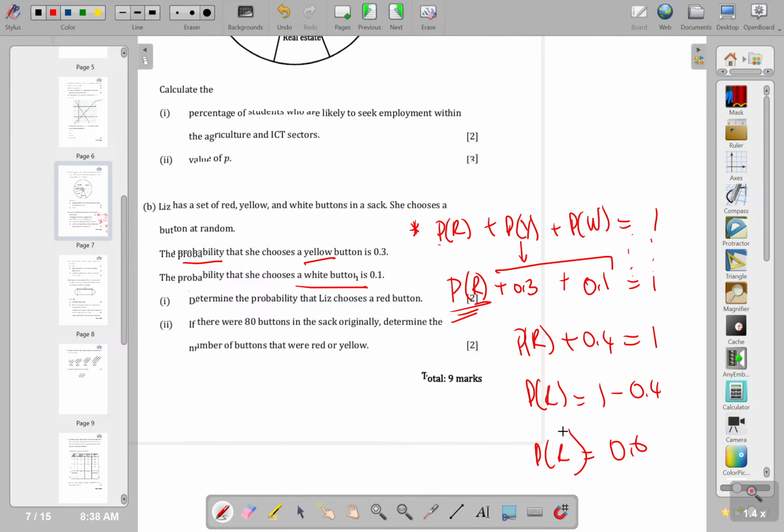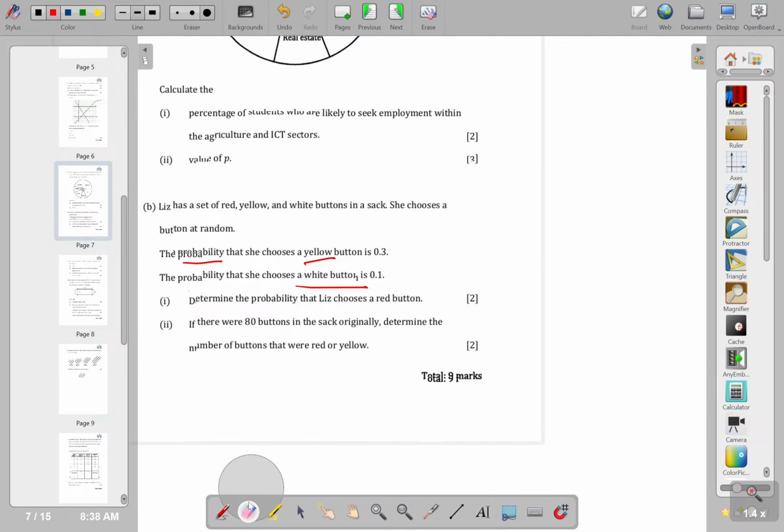Because every chance that she gets any of these buttons, they must all sum up to 1. She has the possibility of getting all of those 3 options. That's what you want to make sure you understand. So probability she gets a red is 0.6. Write that down somewhere. I don't even want to look at the questions as yet. I want to make sure someone understands the actual question. So probability